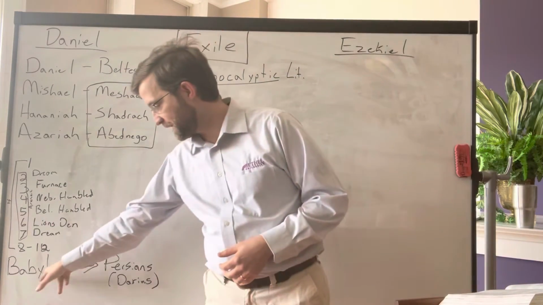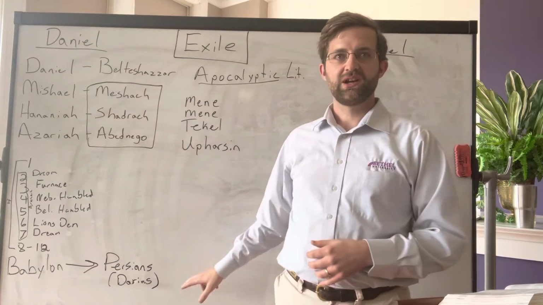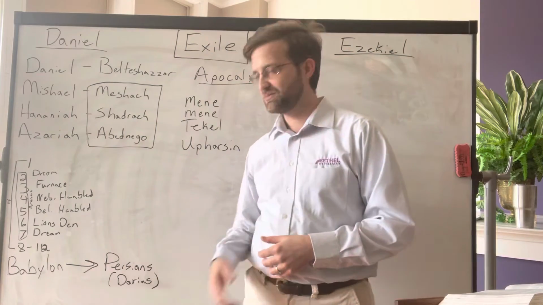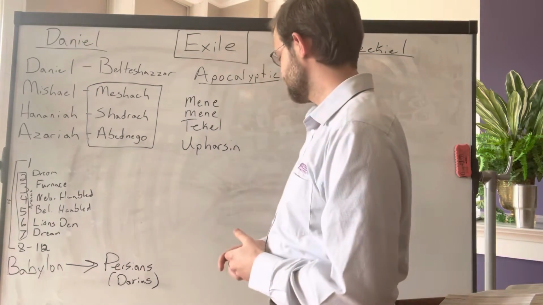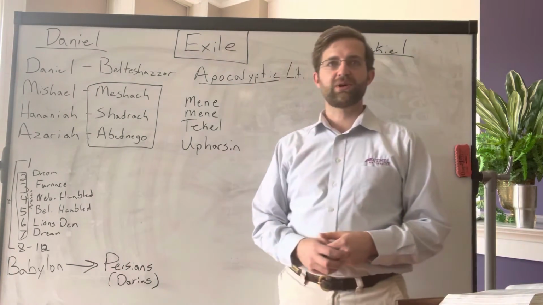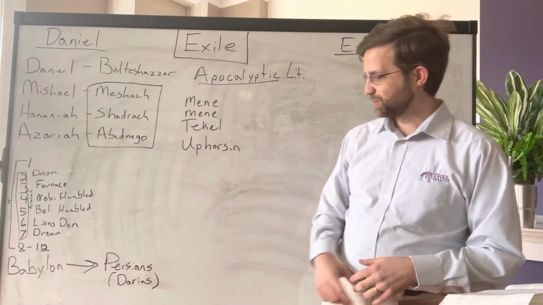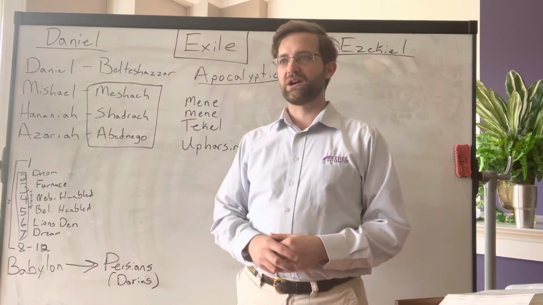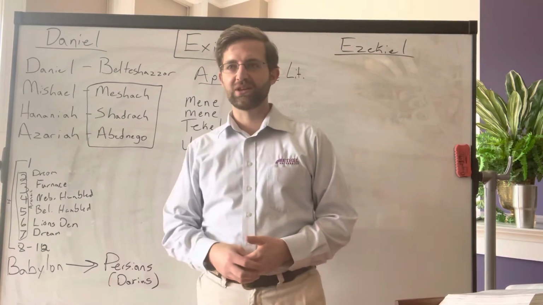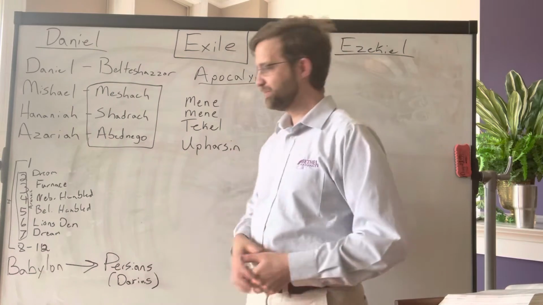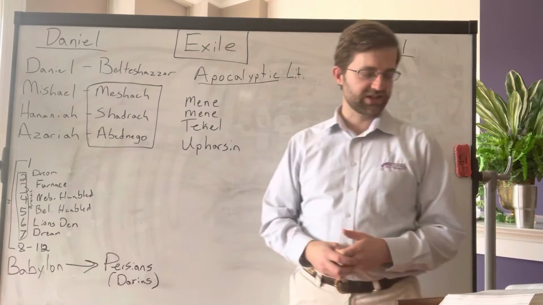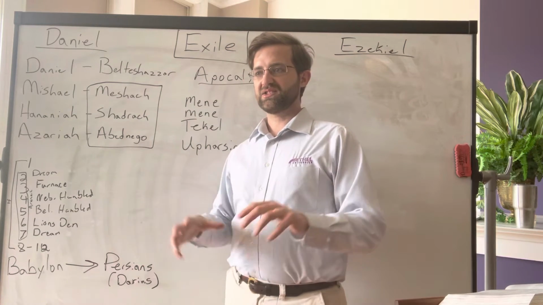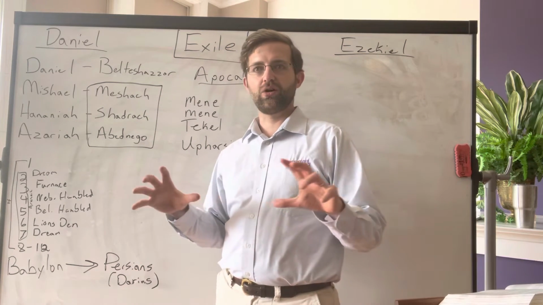And so the Babylonian Empire falls to the Persians, and the first king of this new Persian Empire that we're going to deal with is King Darius. And so we have Darius the Mede, who rules over the Persian Empire. And so we have Belshazzar, in his moment of extreme arrogance, being humbled or humiliated, brought down by God. And that brings us then to chapter 6, where under the new king, Darius, Darius has decided to put all